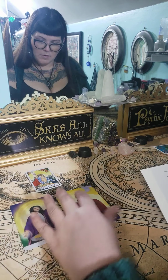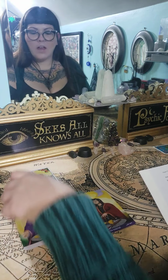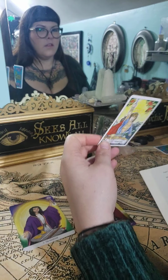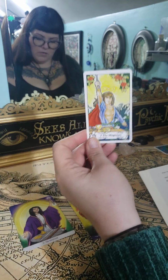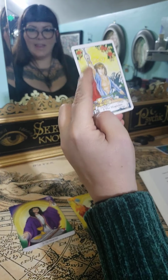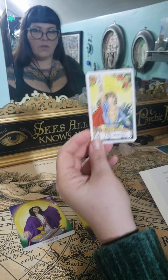Again, the keywords that we're associating with the magician are going to be skill, mastery, cleverness, intelligence, cunning, everything associated with the intellectual Mercury placement. We also have a lot of self-confidence, determination, purpose, assertiveness, focusing intentions, dexterity and ability to juggle, strength of will, striving for power,